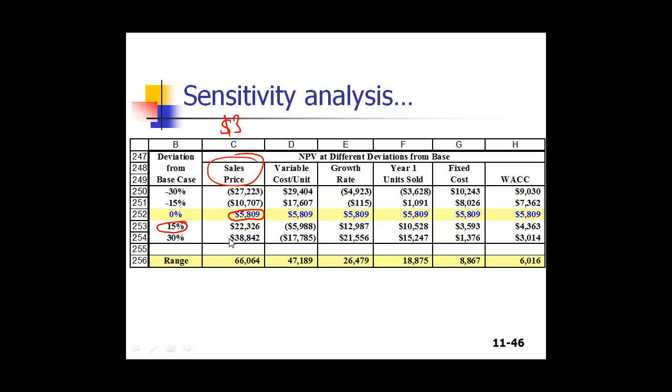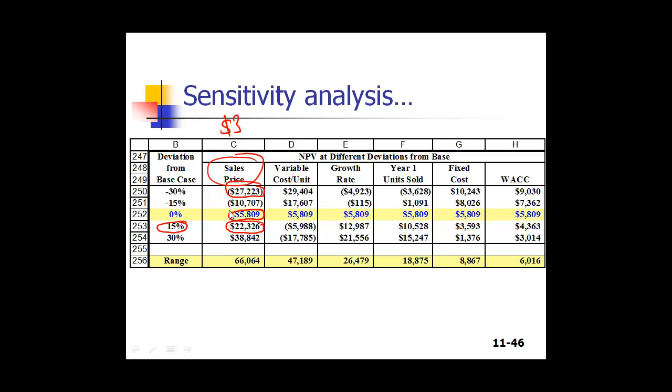15% higher than the $3 that we had anticipated. So this table is giving you the NPV if sales price is 15% more than $3 and all other variables stay the same. Okay, and what do you think this number represents, Saira? Exactly. So if the sales price is 30% less than what you had anticipated, then the NPV is minus 27